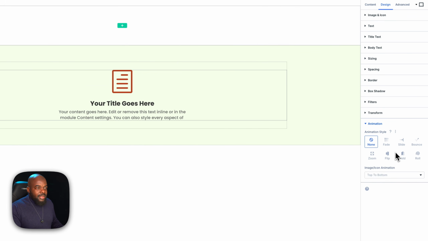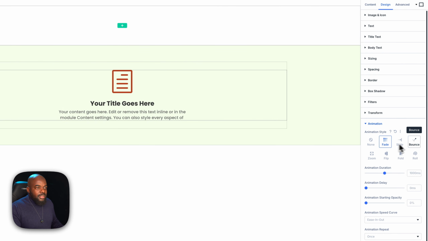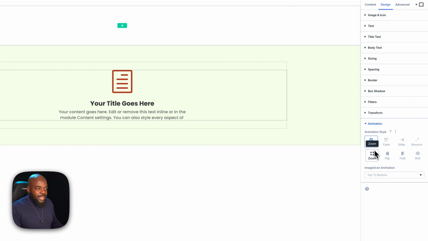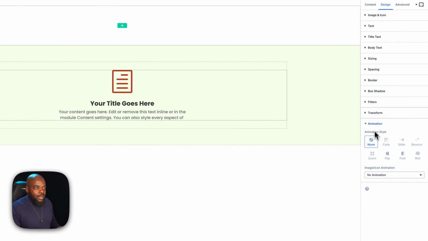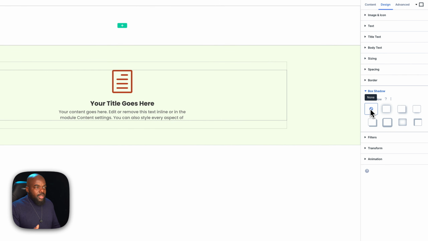I can go in and animate this. I can slide if I need to. I can fade. I can bounce. But if I don't need anything, I can just set it to no. And then for my image and icon, I can say no as well. Here we have our box shadow. So if I want to add my box shadow here, I can go in and add my box shadow. So as you can see, there's so many design elements that we have in here, which can make our designs